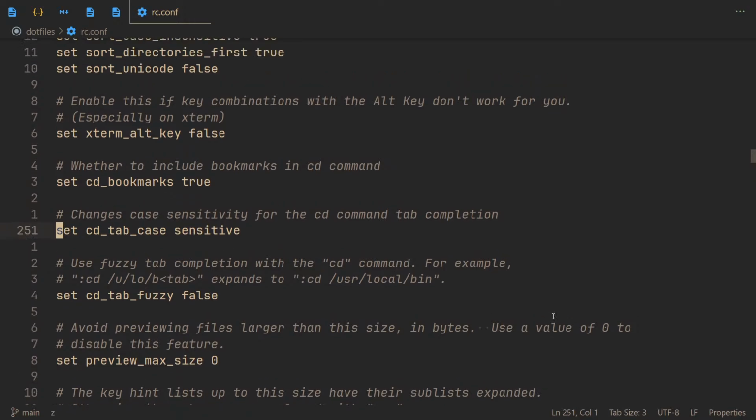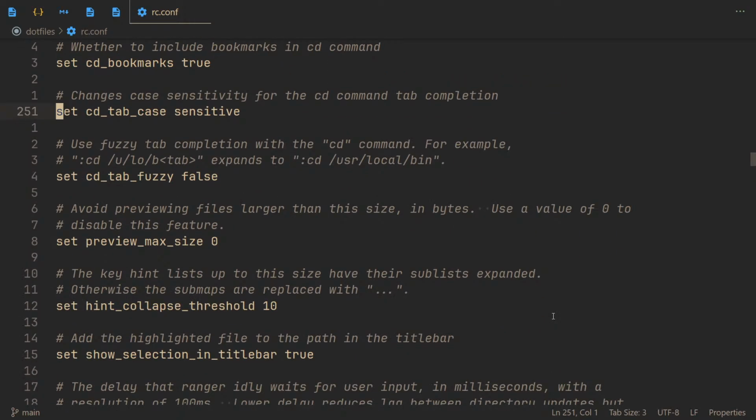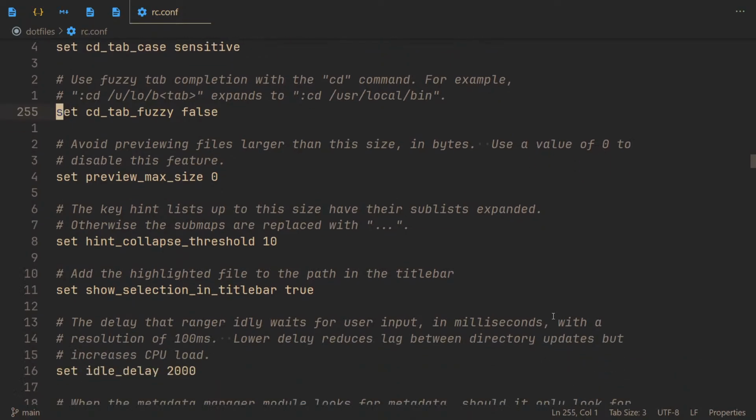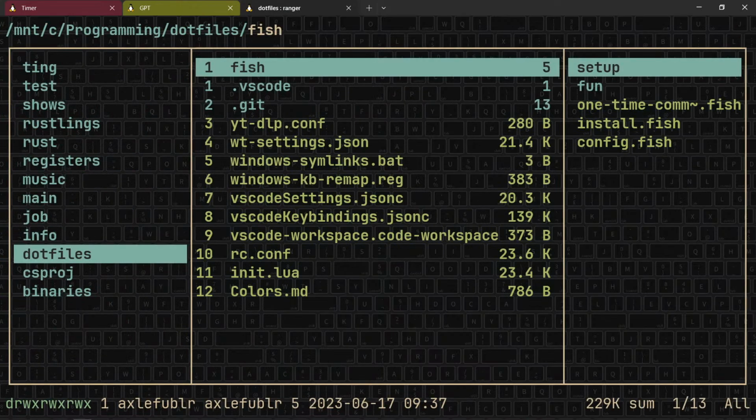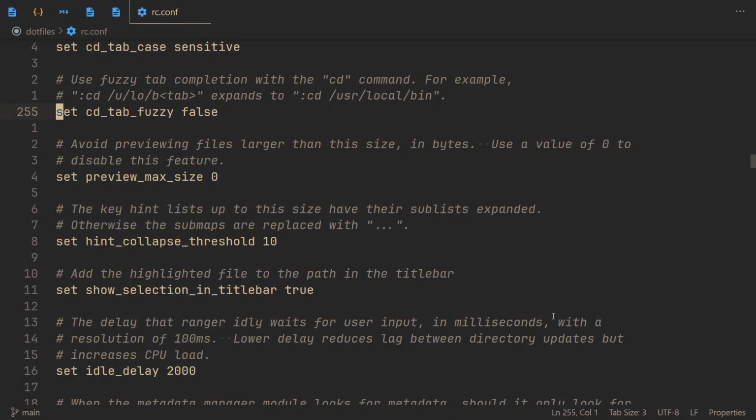Changes case sensitivity for the cd command type completion. Use fuzzy type completion with the cd command. That's cool, but like, why would I use cd ever? Like, I'm using a file manager like Ranger because I don't want to be typing in my paths. That's like the entire point now. So,